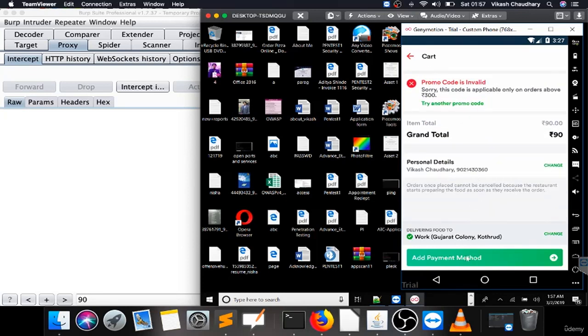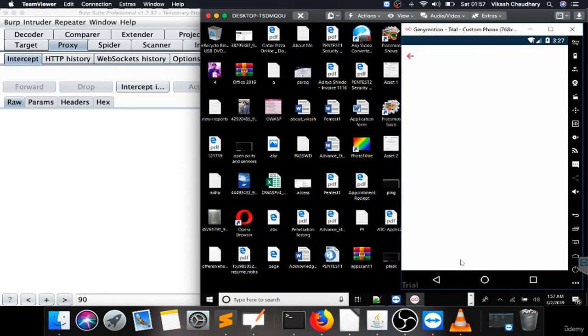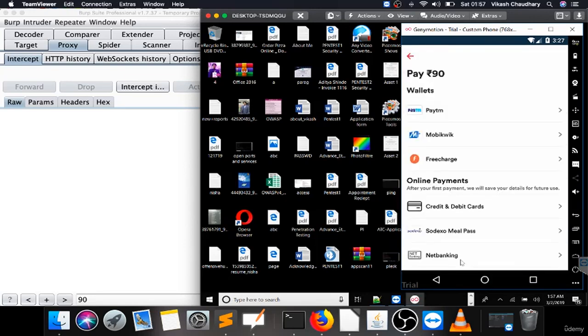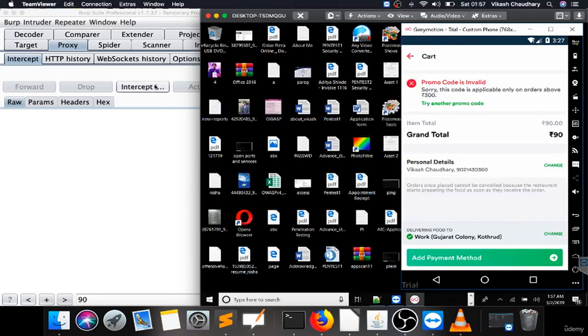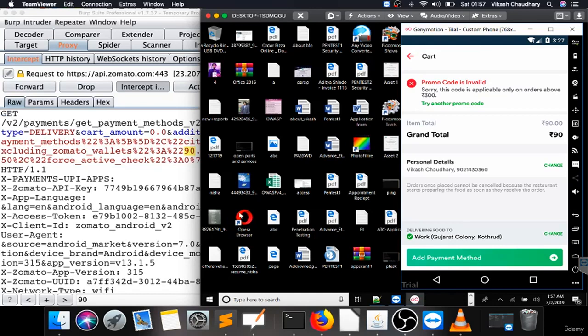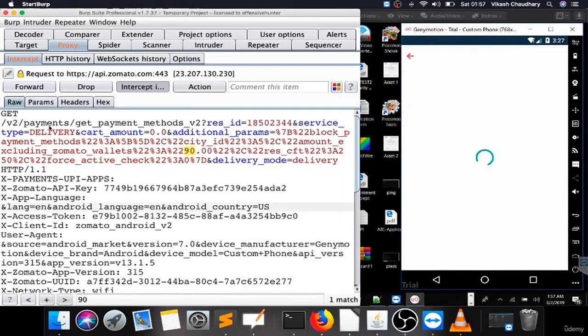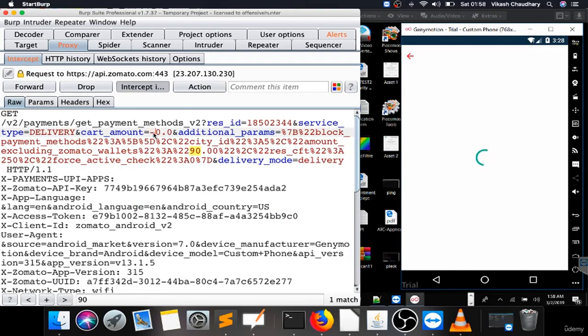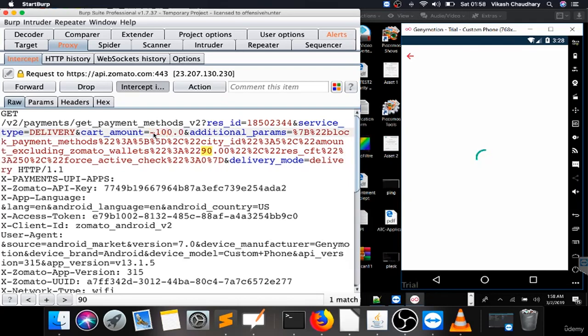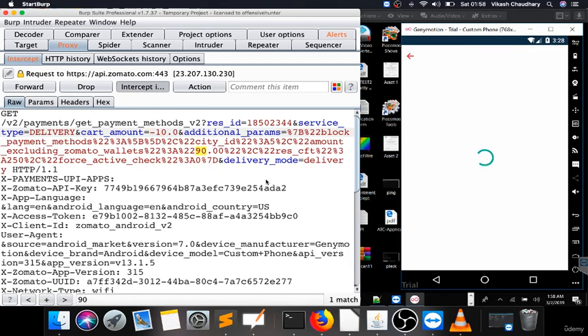Add payment method. So let's click. If I'm clicking on this add payment, see what's happening over there now. Okay, they are directly trying to pay. Now let's go back. Intercept is on now. Let's click on add payment method. So you can see there's payment methods, wallets 90, amount, cart amount. Let's say, what if I decrease the cart amount, let's say minus 100, let's say 10. If I'm trying that now,